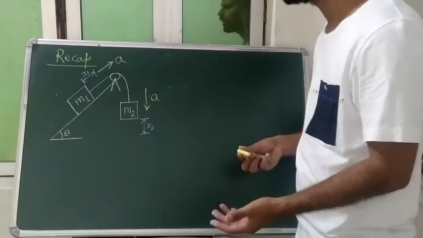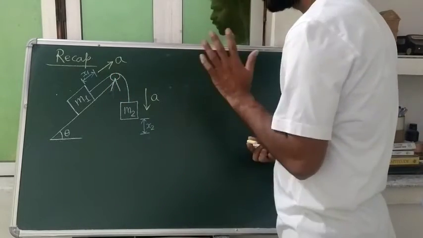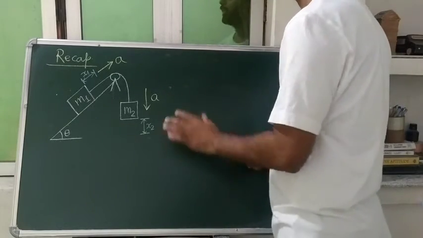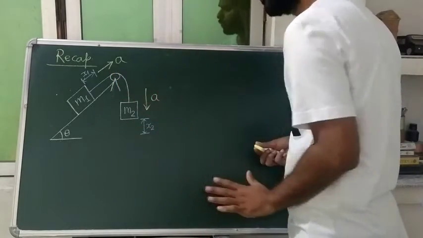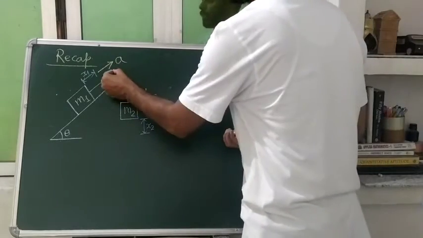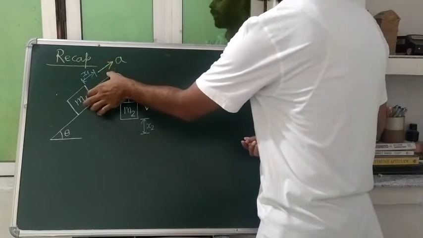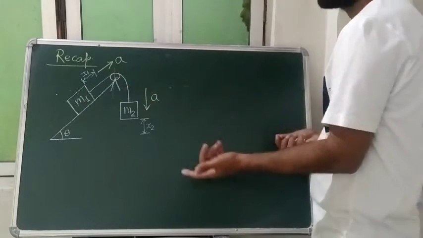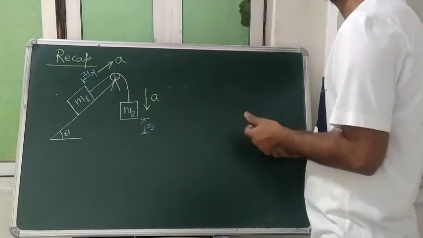The other way of saying that is that now we can fix a coordinate here. Where will we fix the coordinate? Where we find the fixed point. From a fixed point we will always consider the datum or the coordinate system. Since the pulley is fixed, it is not moving, so here we can assume a coordinate system. Suppose this one is our x2 distance, and this was our x1 distance. Since the total length of the string is constant, suppose small l is representing the total length of the string, so small l will be equal to what, students?